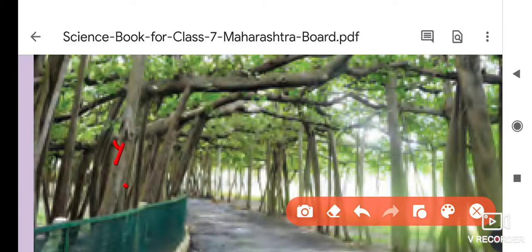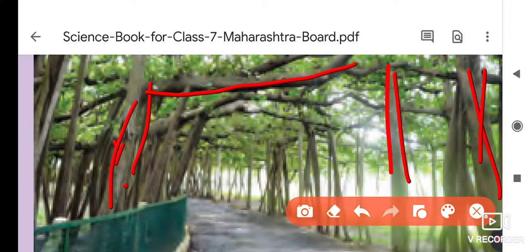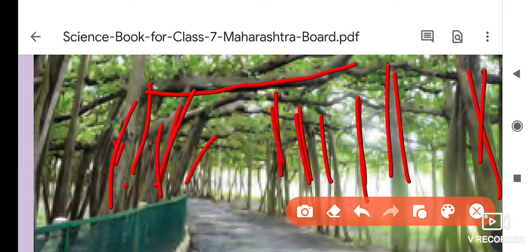These are the prop roots of the banyan tree, which have grown on a large scale.